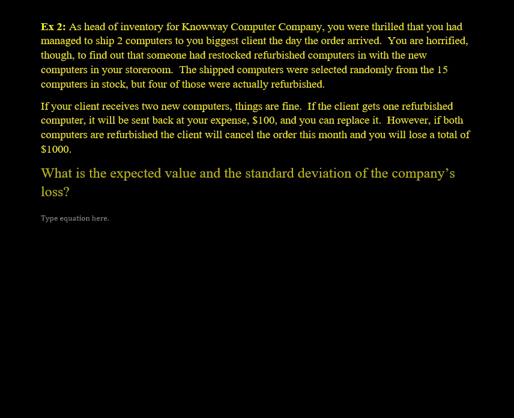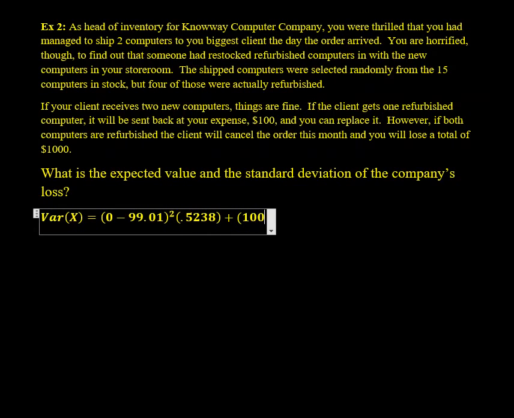We found the expected value, so now let's find the standard deviation of the company's loss. We're going to start by just finding the variance. So the variance of x equals a $0 loss minus the expected value, 99.01, quantity squared, times the probability of losing only $0, which is 0.5238. We're going to add to this losing $100 minus expected value, 99.01, quantity squared, times the probability of that event occurring,